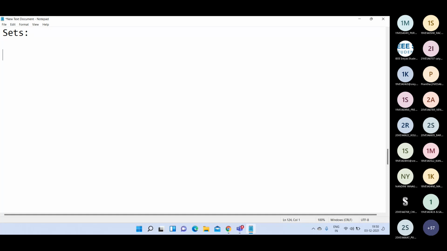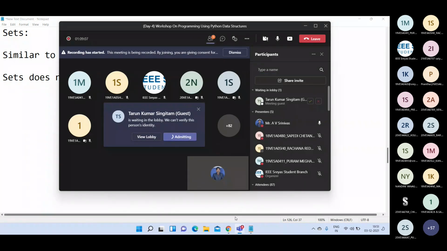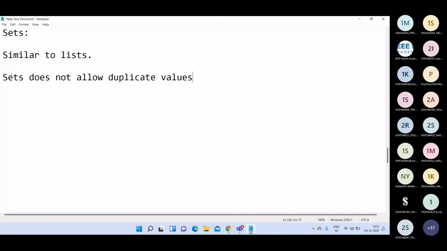These sets are similar to lists, but the difference between lists and sets is that sets do not allow duplicate values, whereas lists will allow duplicate values.